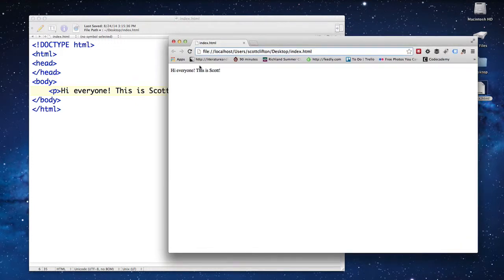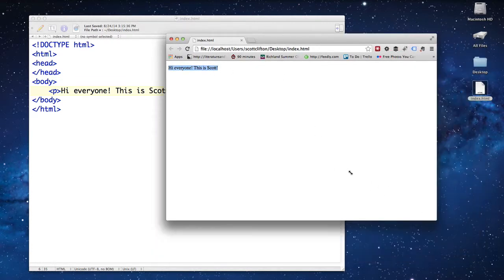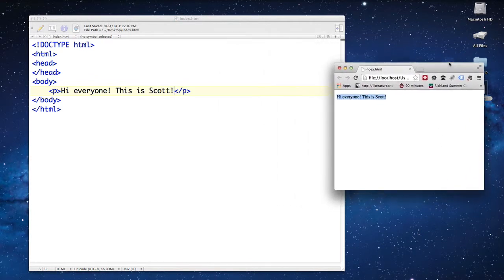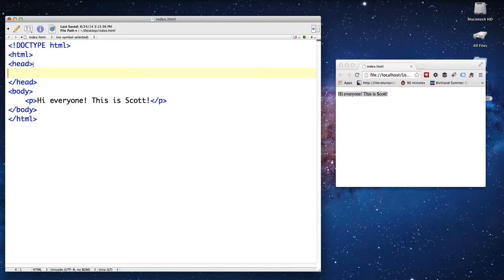So it's going to that page, and it's saying, here's some text that I have specified that I want to be in the browser. So I said, hey everyone, this is Scott. So you can see that over to the right. I'll leave that up in a smaller bar. So on the left, again, we have the head tag and the body tag. Now, in the head tag, again, remember, that's just displaying information that is not going to be in the web browser. It's just describing the web page